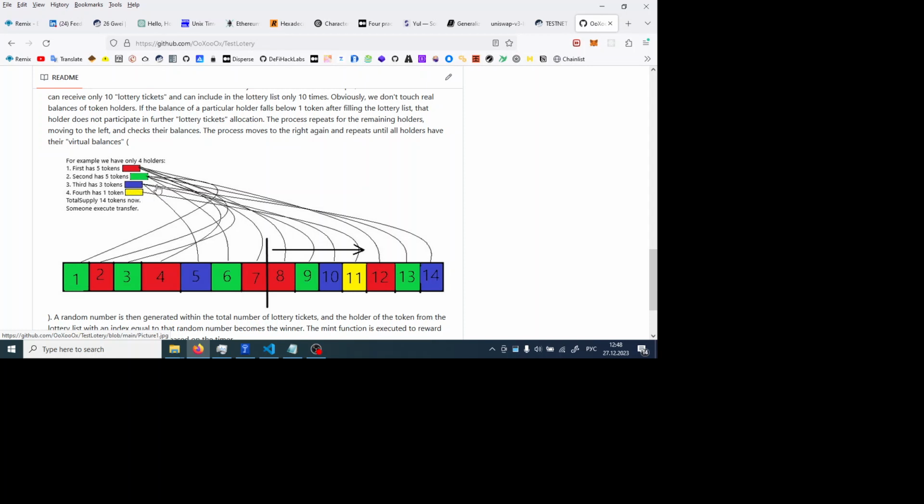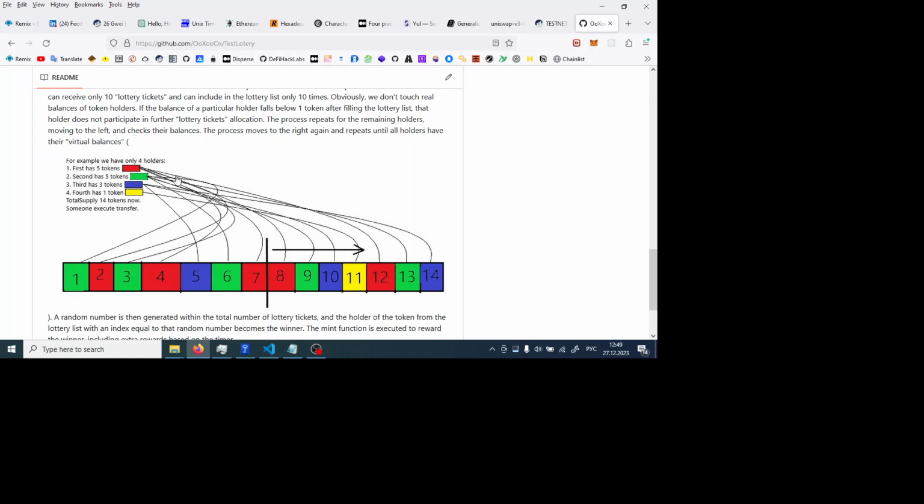Next we see that this fourth holder doesn't have enough tokens, and we move to the other side, to the left. We fill the list in this way. Stop it and move to the right side again